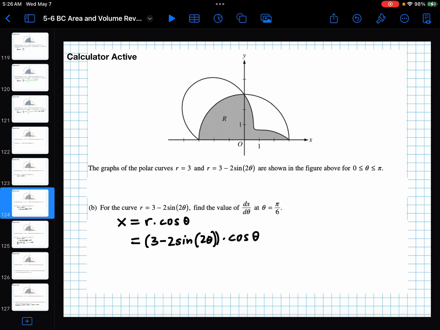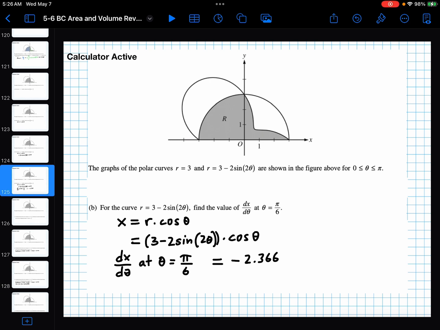So I would put this 3 minus 2 sine of 2 theta times cosine of theta into my calculator using x as theta. I would take the derivative of that and evaluate it at pi over 6, and I wind up with this number. All right, and that's all I'm writing on my paper. All right, part C,